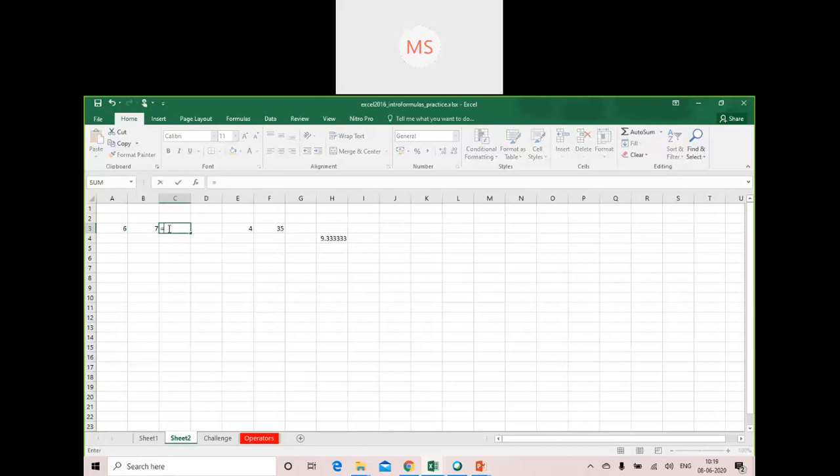So what happens here? Now what you can do, either you can directly type the value. So that gives the result for now.